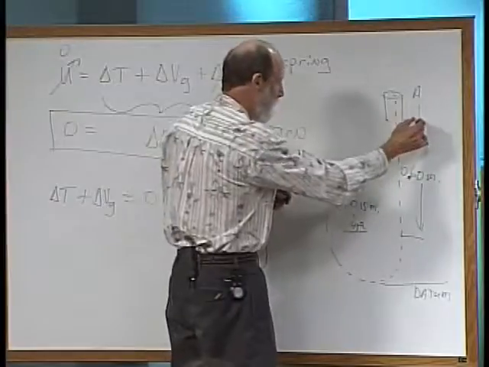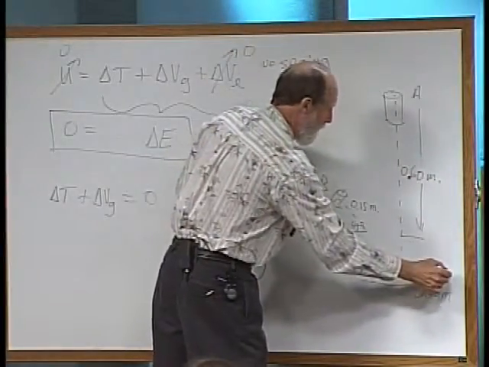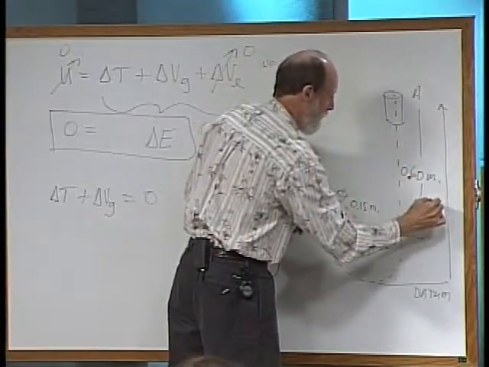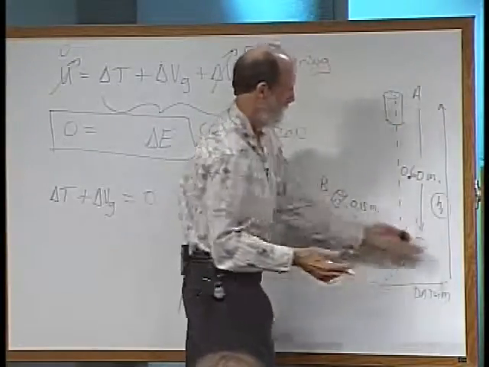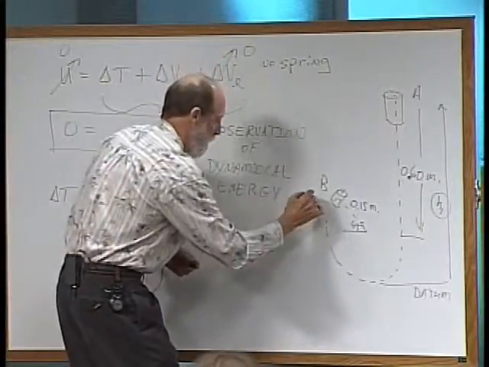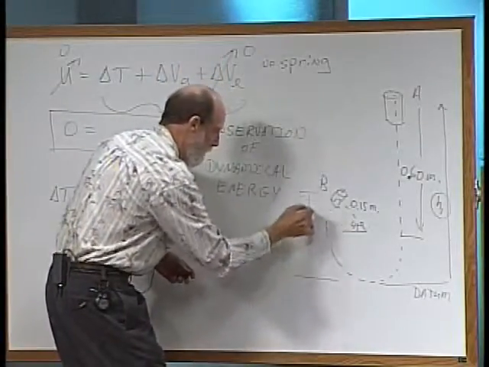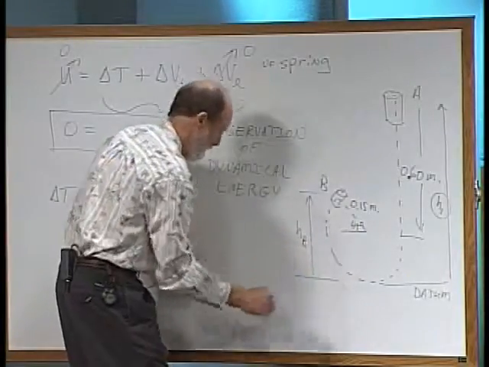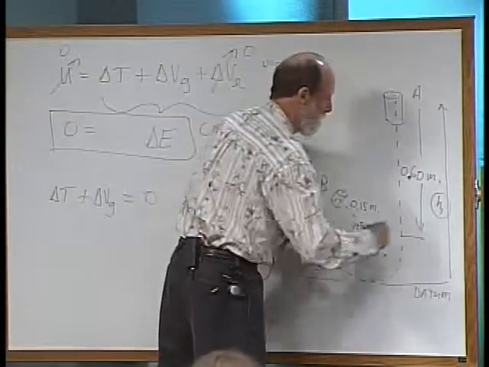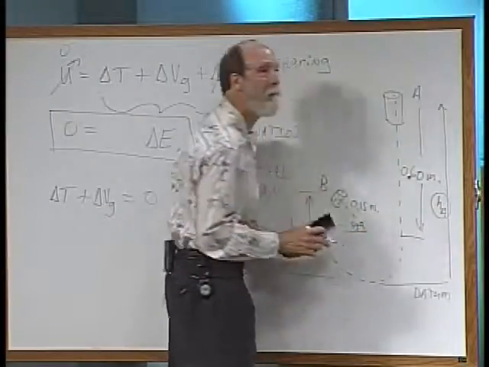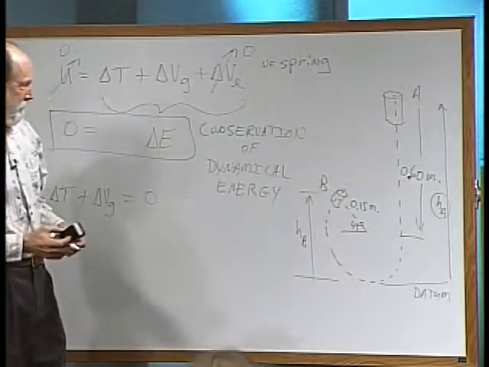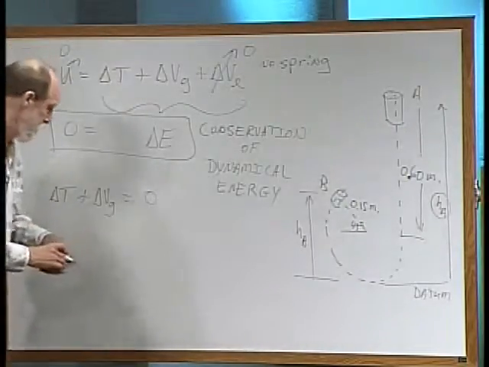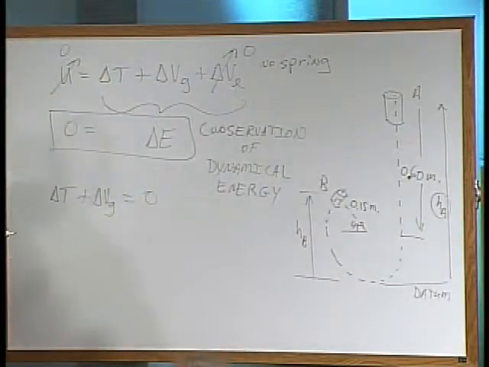Then what's going to be nice about this is that by placing the datum down there, look at this. This location was H1. This final location is above the datum also at some H2. Actually, I'm going to call it HB and HA. That'll make it easier for us. Feeling good?